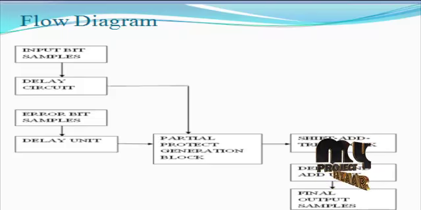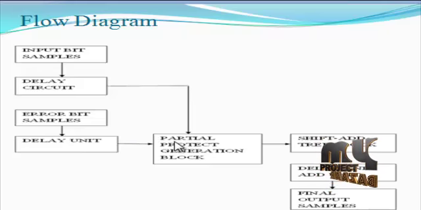We will see the flow diagram for the product. The input samples and the error samples are applied to the delay unit architectures. The delay unit architecture is mainly based on register elements. D flip-flop register elements are used for the delay and adder process. Then the delay element result is applied to the partial product generation unit. The error bit samples are used to create the error coefficients.